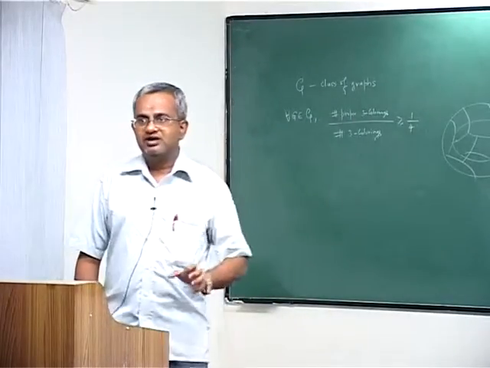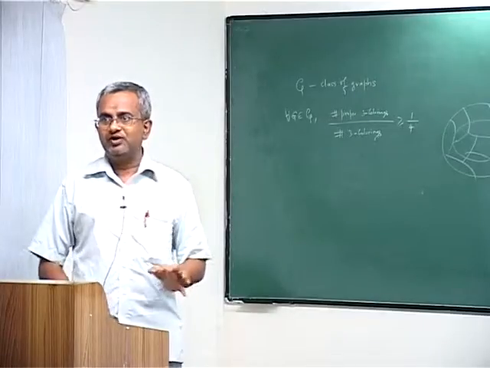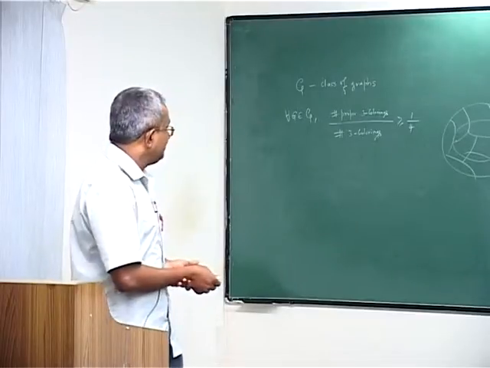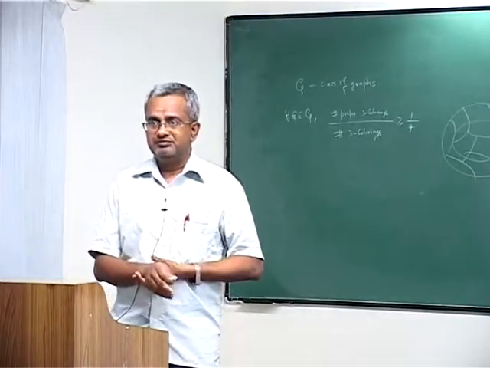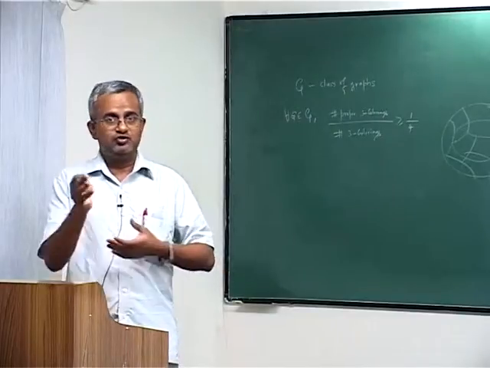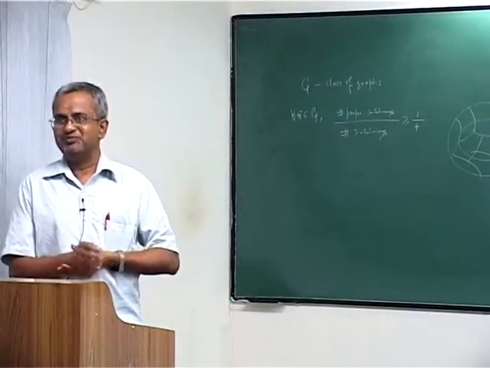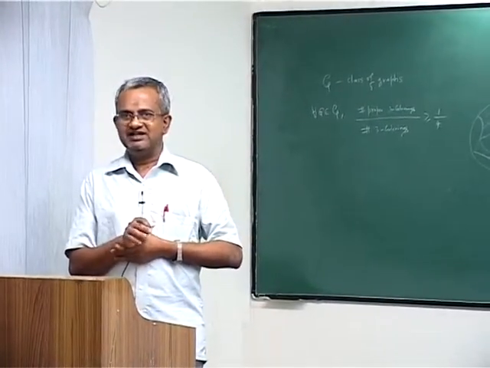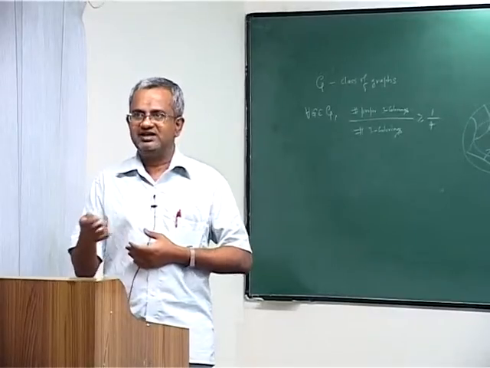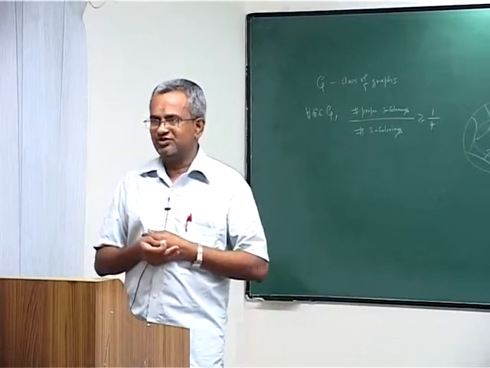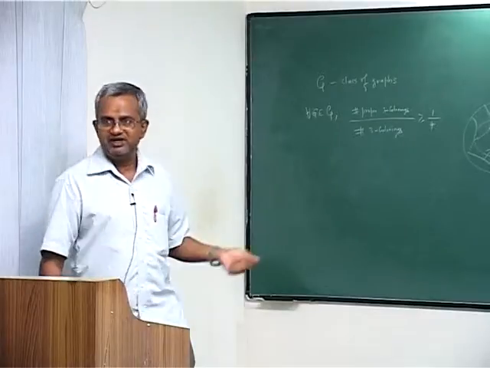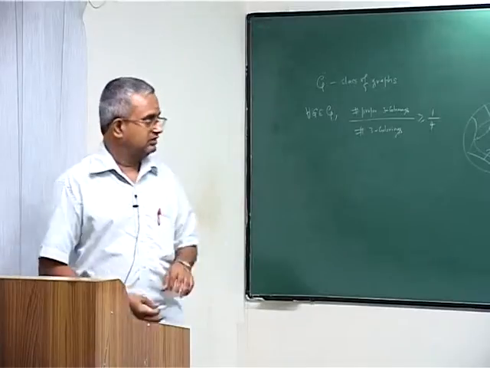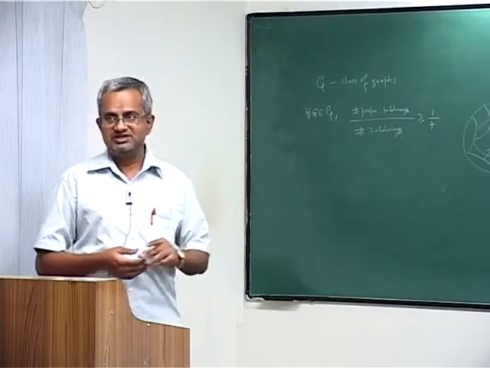So, this is a significant improvement over what you could otherwise think of. Perhaps for this class of graphs a deterministic algorithm may be able to do it, even though nobody may be able to prove it, because if you had proved it, you would have established that P is not equal to NP. But in case P is not equal to NP, it is very likely that you will come up with some such lower bound. So, what you have here is a significant improvement. We will see some more examples in the next lectures.